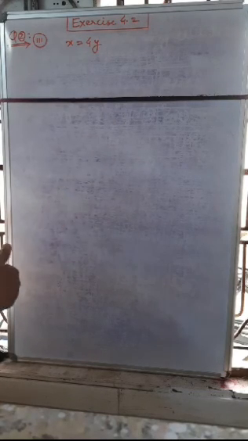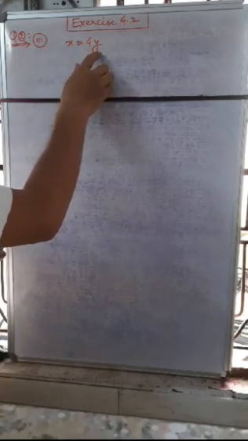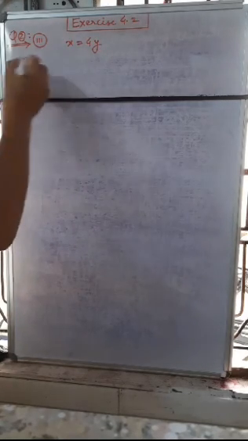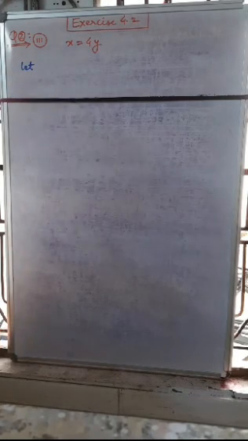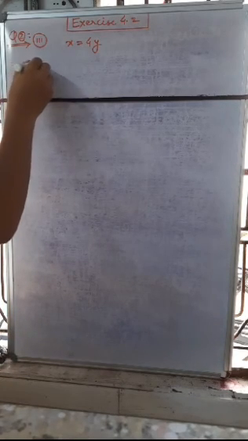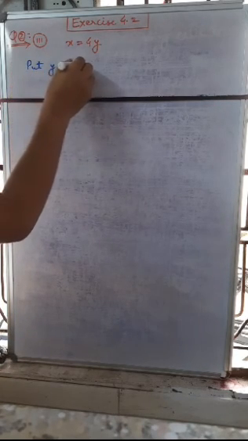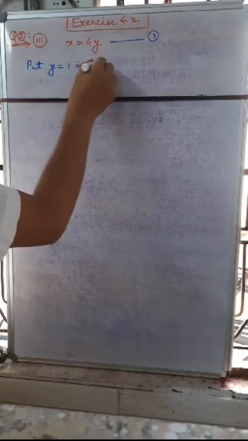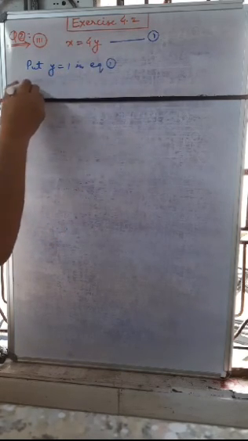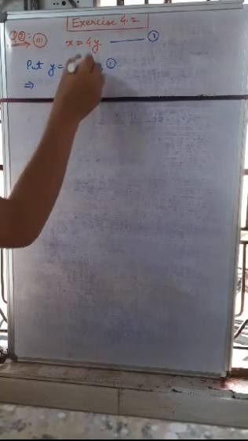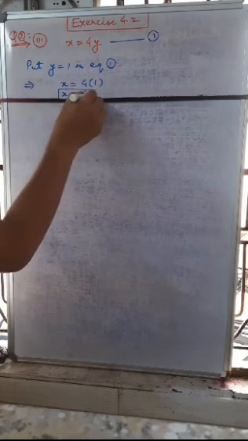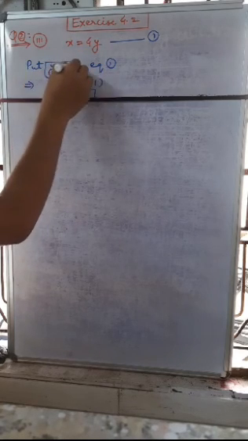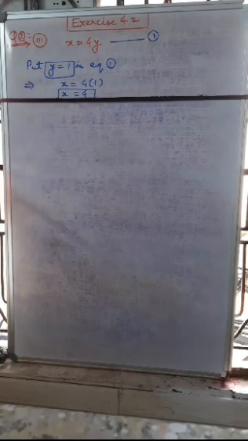So in this question, what is easier? We will put the value of y. So suppose, here you can put so many values of y. So put y is equal to 1 in equation 1. So in that condition x is equal to 4 into 1. So x is equal to 4. It is the first solution, for y is equal to 1.